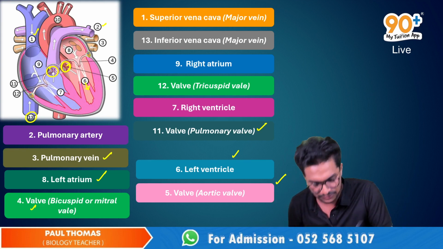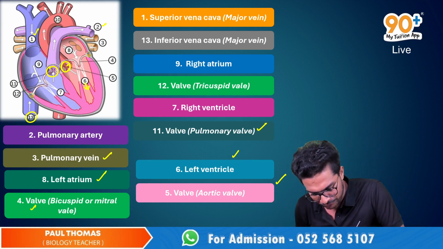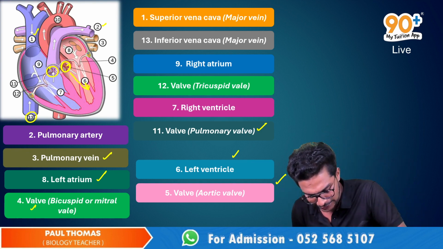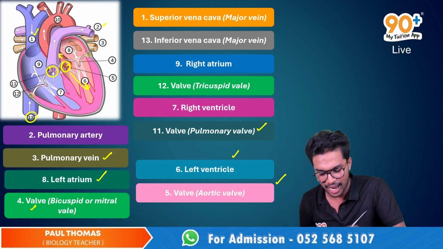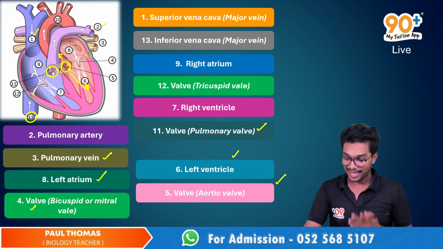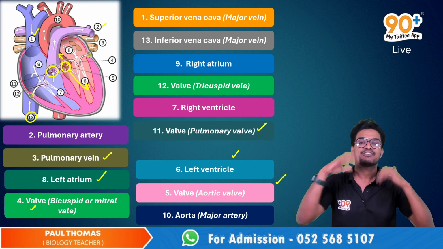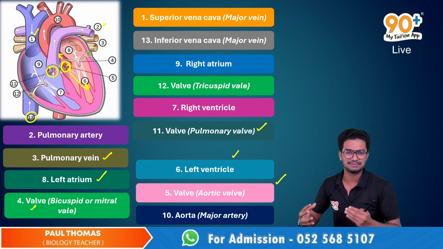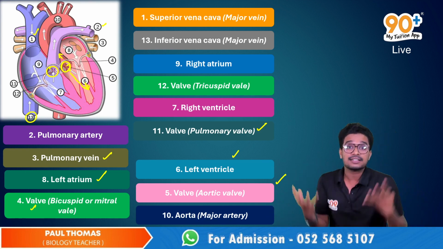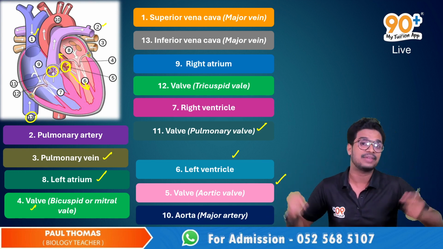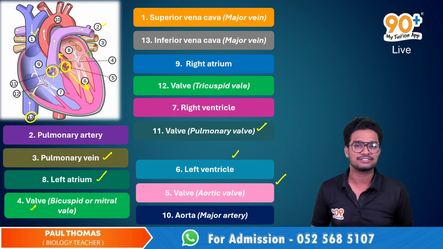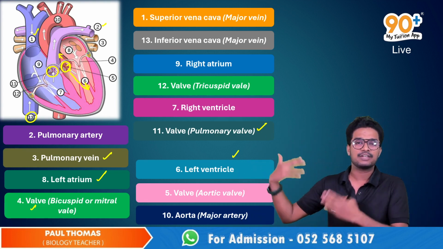After the contraction of the ventricle, the left ventricle specifically transports oxygenated blood into our aorta, which is a major artery, by the opening of another valve, and the valve name is the aortic valve. Finally, the oxygenated blood is transported into the aorta, and the aorta carries this oxygenated blood to different parts of the body, and this aorta finally divides into